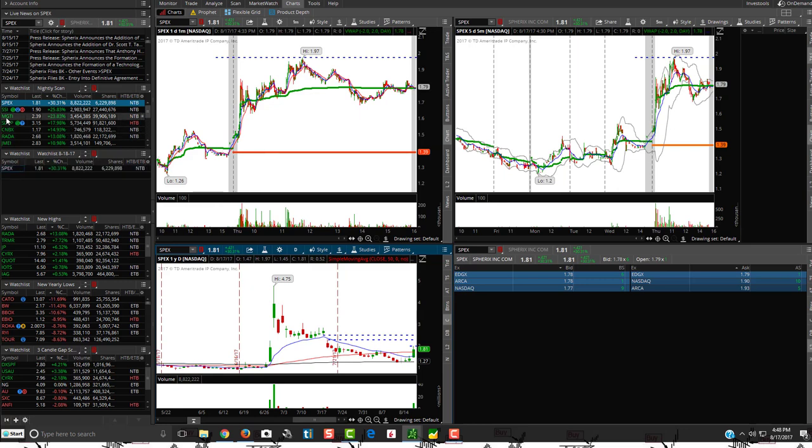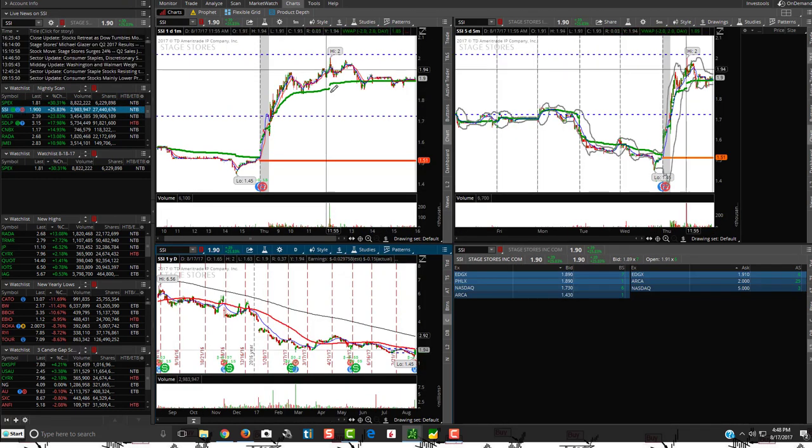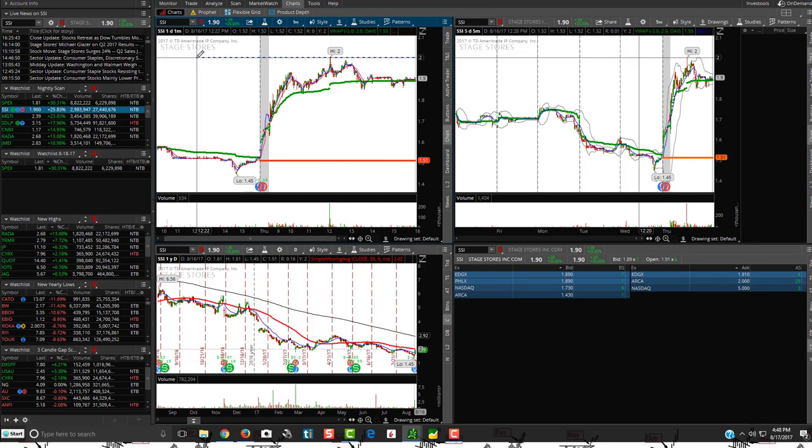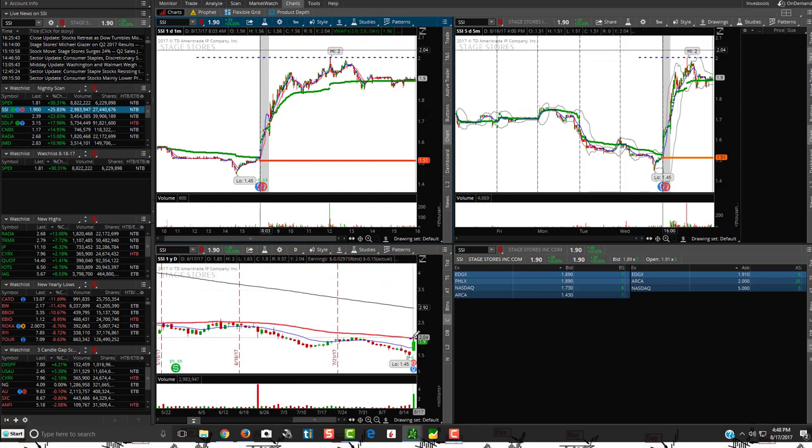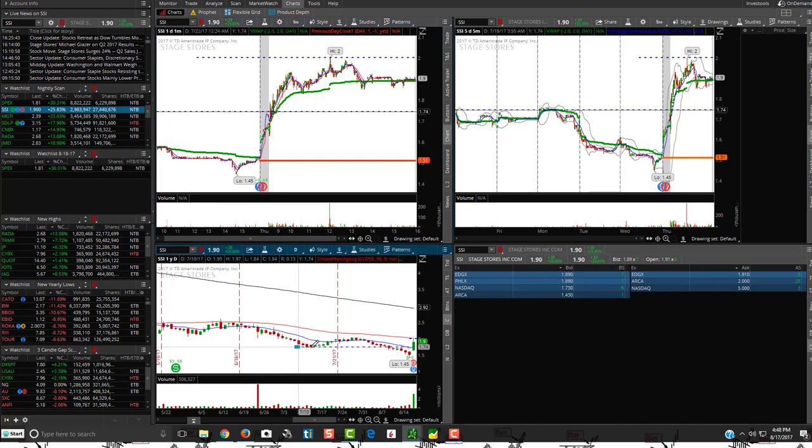SPEX. SSI. This one, let me just remove the drawings. Look at that, right at $2. Psychological resistance points, whole and half dollar amounts. So look at that, right at $2, right at the 50 SMA. So that is perfect to look at. And then you want to see right here, kind of support here, right around that 13 EMA marker. So see if it's going to fall back down here, or if it's going to break $2. So we will put SSI on the watch list.